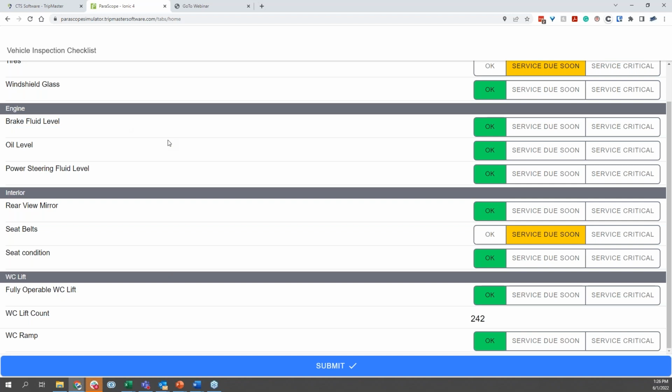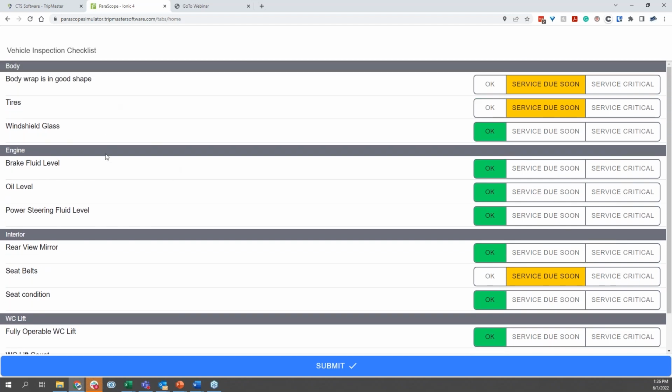We built this list for this database, but you can add anything to this you want. And then you also identify which ones, if they say critical, it tells them, okay, we're not using that vehicle. Brake fluid level, if it's critically low, we don't want to use that vehicle. Maybe you say if the body wrap that has your facility's name on it looks bad, maybe we've got to use it today because we've got to get folks where they've got to go. So you can kind of choose.